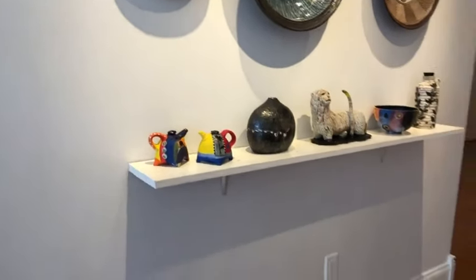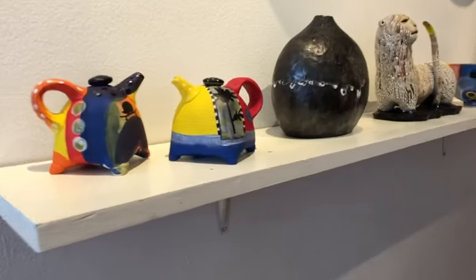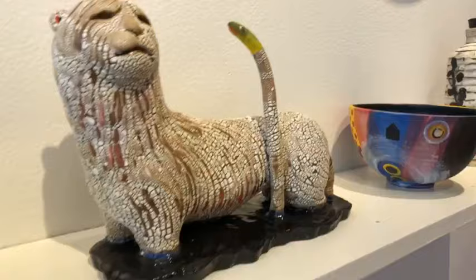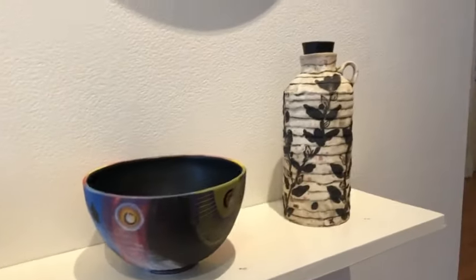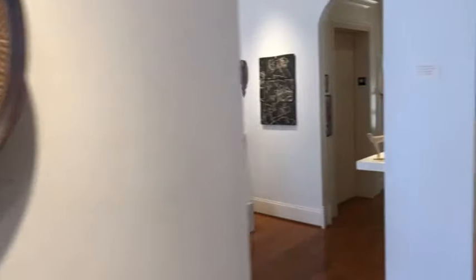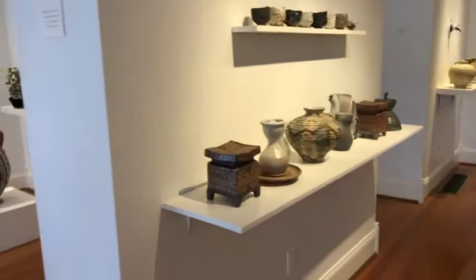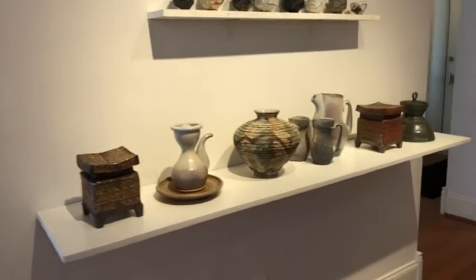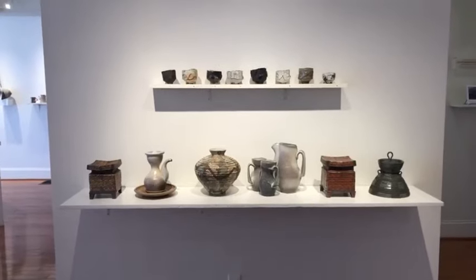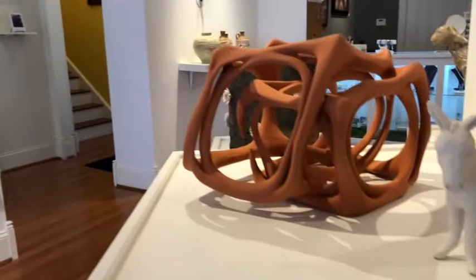Since we are not a ceramic gallery specifically, this definitely pushes the limits as far as how many pedestals we have and how much floor space exhibitions take up. So it's a nice refresher on how to successfully install a ceramics exhibition at Main Street Arts, something that we don't do all the time, but I really enjoy when we have an exhibition that features ceramics specifically,